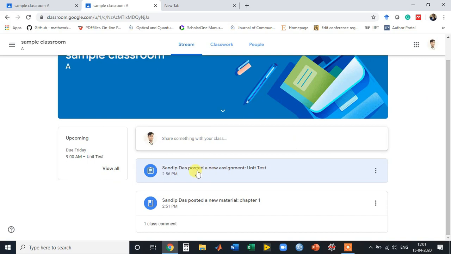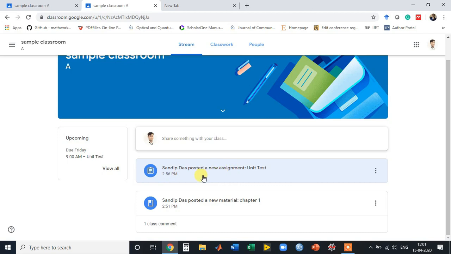I will also show you how a student can give a test. I have already shown how a teacher can create a test for students. You can see that the test is already created by the teacher and the student needs to give the test. The assignment is already visible in the student ID.